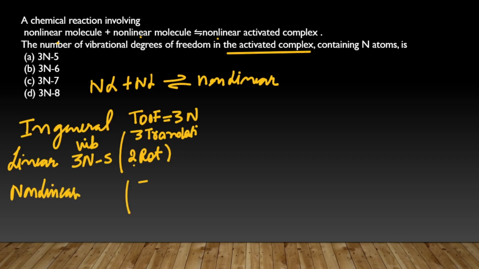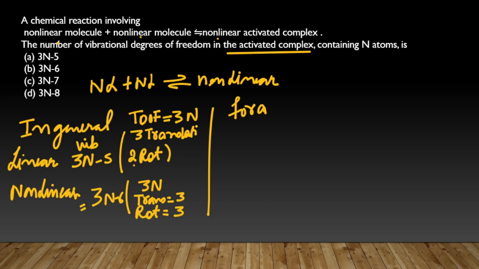for the nonlinear molecules, the total degrees of freedom is 3n only. Translational it is 3, whereas the rotational is also 3 only. So 3n minus 6, in general, is the vibrational degrees of freedom for the non-linear molecules. But for the